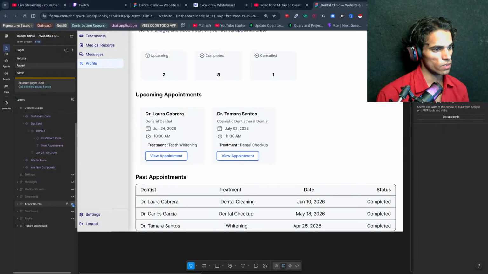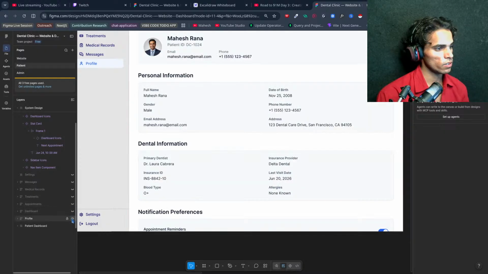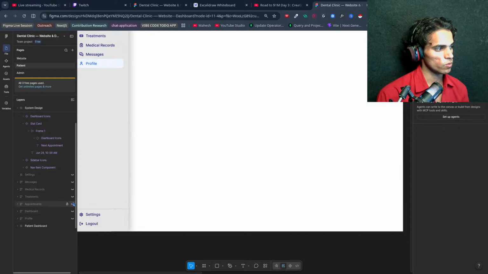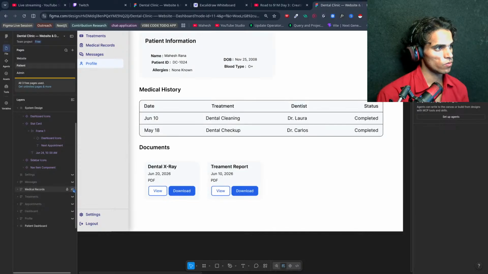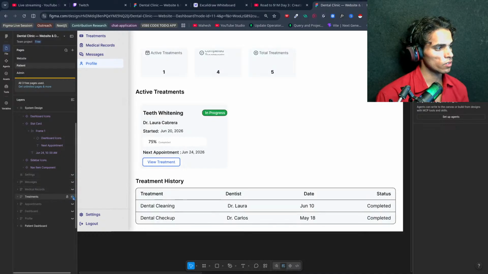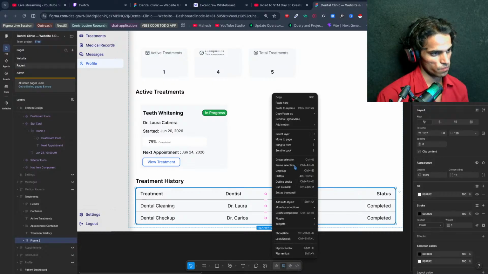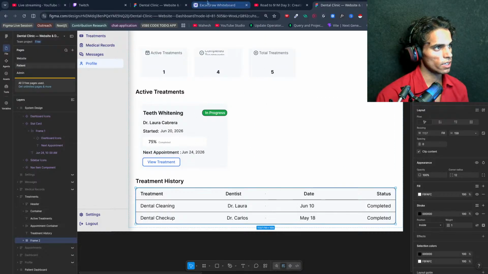Appointments, close. Inside profile we have treatments, medical reports, and yes, this. So I will copy this table, no, let's copy it directly and paste it here.